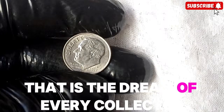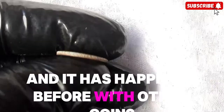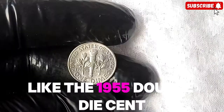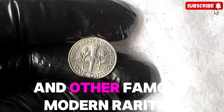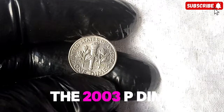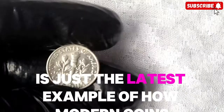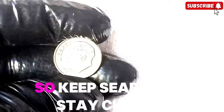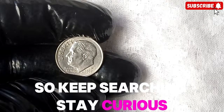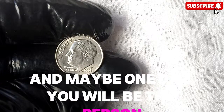That is the dream of every collector, and it has happened before with other coins like the 1955 double die cent, the 2004 Wisconsin extra leaf quarter, and other famous modern rarities. The 2003 P dime is just the latest example of how modern coins can hold incredible value. So keep searching, stay curious, and maybe one day you will be the person holding a $98 million dime in